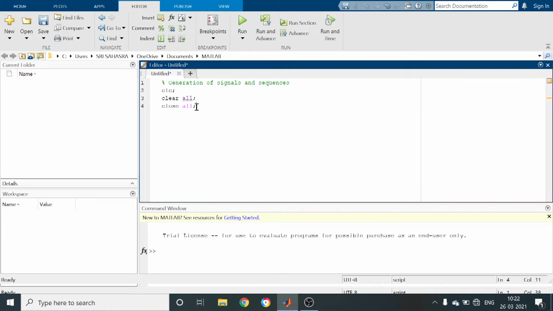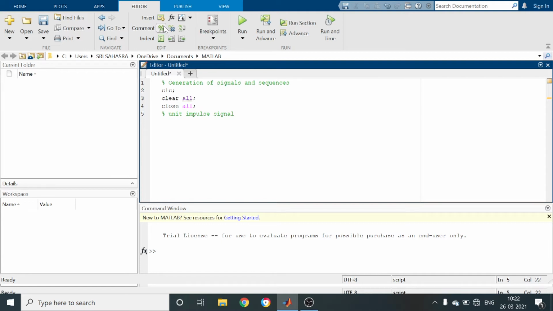First, what we have to generate: the basic standard signals in this program. We have to generate unit impulse, unit step, ramp. Next are square signal, triangular, sawtooth, sinc and signum, various signals as well as sequences. So first I want to generate the unit impulse signal.